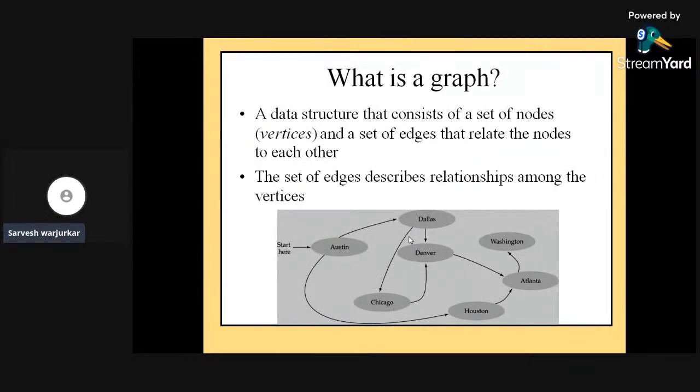where we can start with first the definition. What is graph? A data structure that consists of a set of nodes. Nodes are replaced over here as vertices, and a set of edges. That means a set of vertices and edges that relate the nodes to each other. The set of edges describes the relationship between the vertices with directions also given, that is called the directed